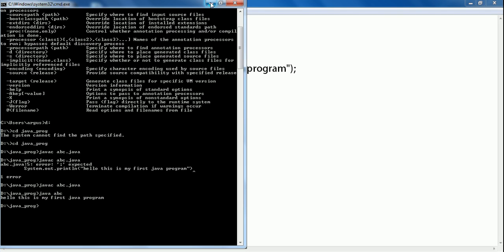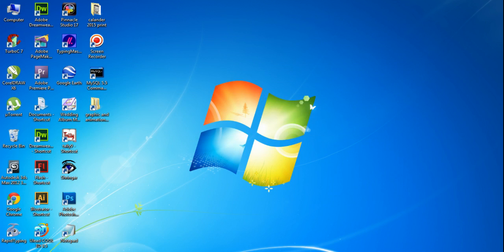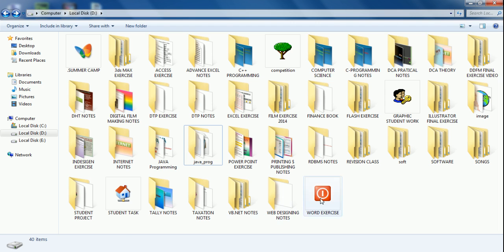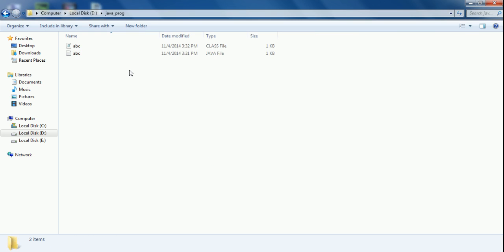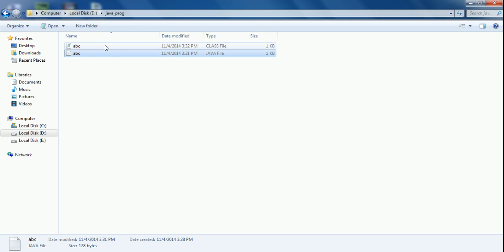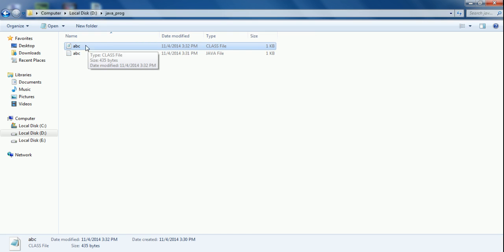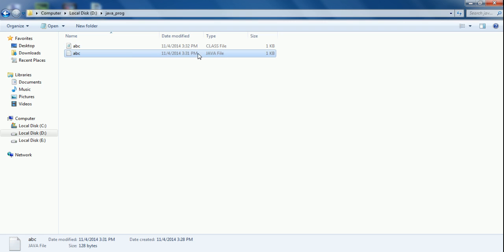Now move on to our source folder, the Java prog folder in the D drive. We see that one Java file is there and one class file is there. This class file is the bytecode converted by the Java compiler while compiling the Java file.